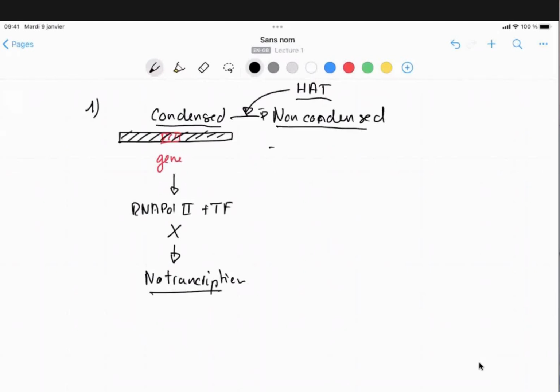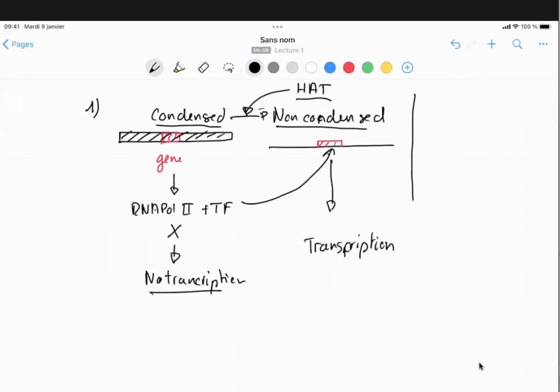So in the non-condensed state, the gene now is accessible to all the transcription factors, and therefore you have transcription. Is it okay, this? Okay. So that's a kind of situation. But